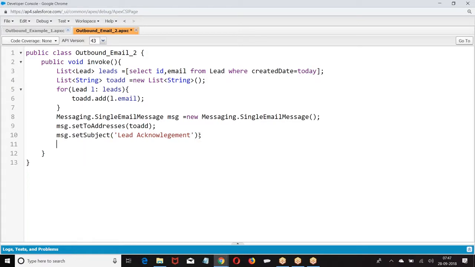Some data I am giving. Now let us go to the next one. I want to give a body. How do you give a body? String body.